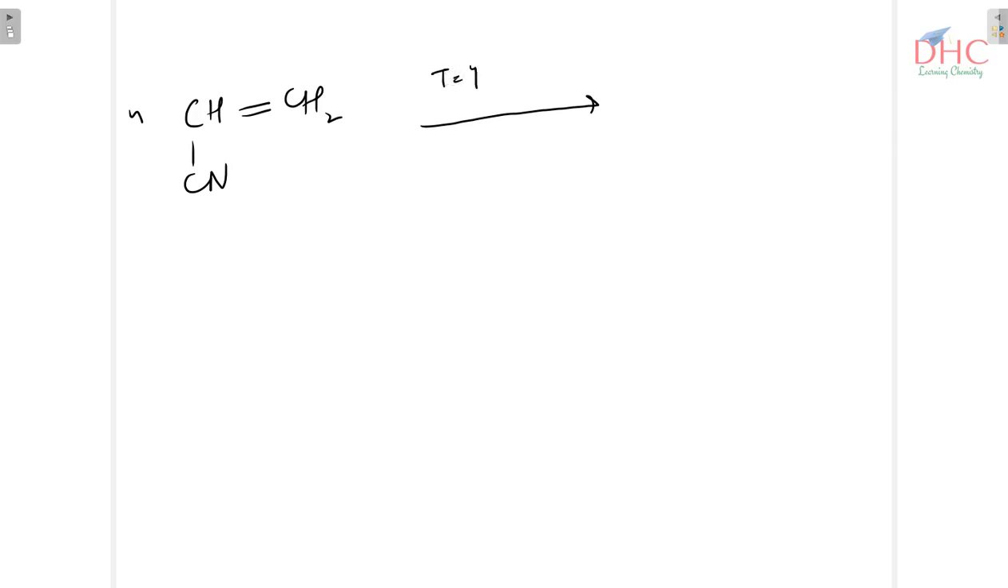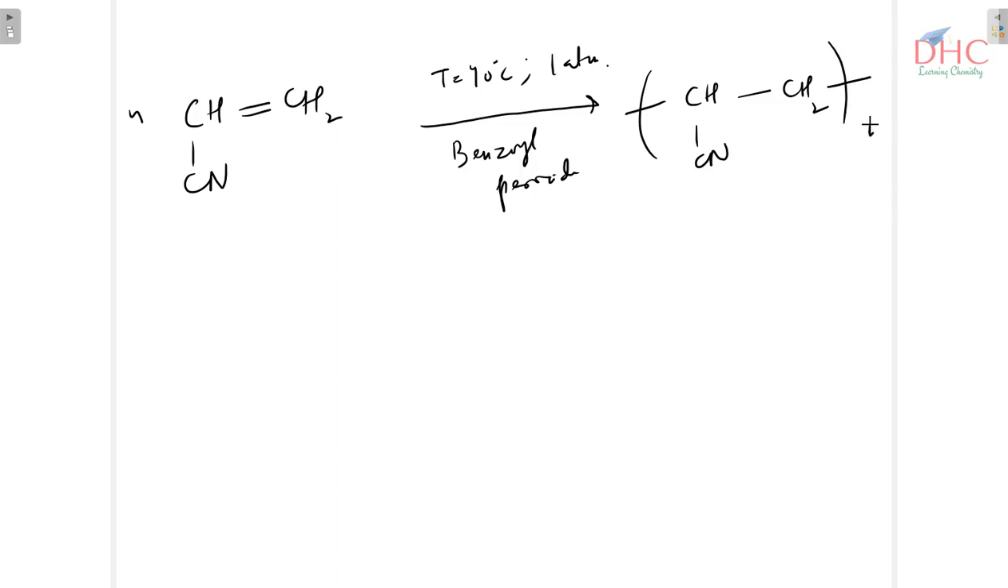So temperature is 40 degrees C and you have 1 atmospheric pressure, and then you are having benzoyl peroxide as catalyst. So what you are getting is, you have to write CH single bond CN then single bond CH2. ये डबल बॉन्ड काटना है, यहाँ और एक बॉन्ड डालना है, यहाँ एक बॉन्ड डालना है, होल N करना है. So this is the